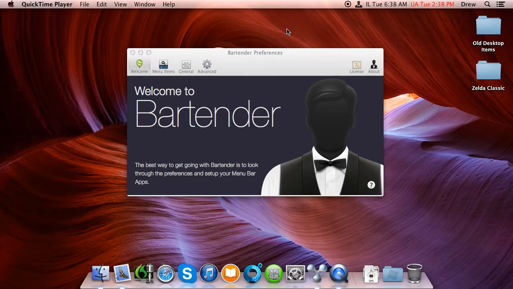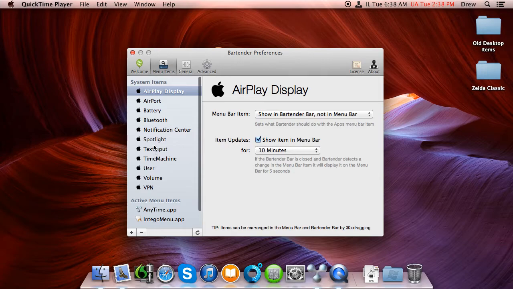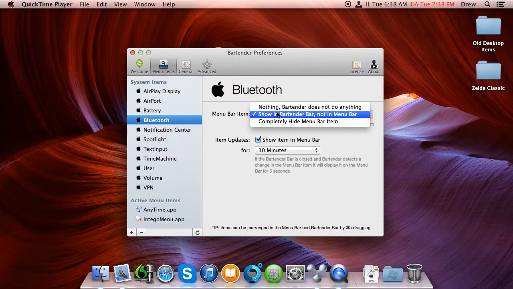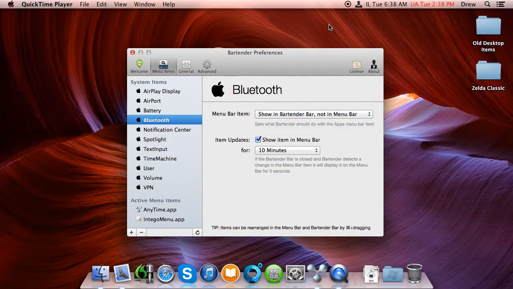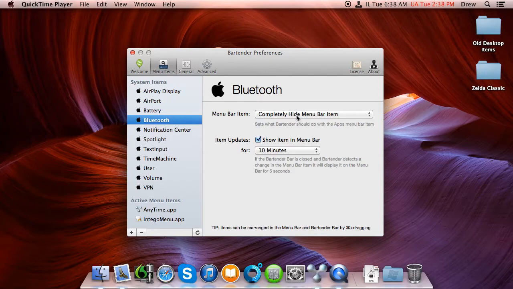Basically, you can go into here and look at all your different applications, all your different little items that are up there. For example, Bluetooth. You can tell it to either show it in the Bartender bar, which is this little thing right here. As you can see, Bluetooth is right there, sitting in there. Or you can leave it on the menu bar, or you can completely hide it if you want, and then it just disappears altogether, or you can do nothing and